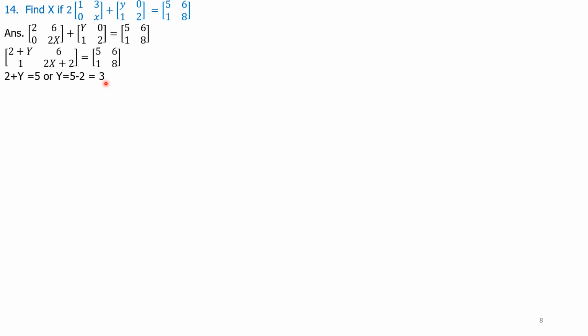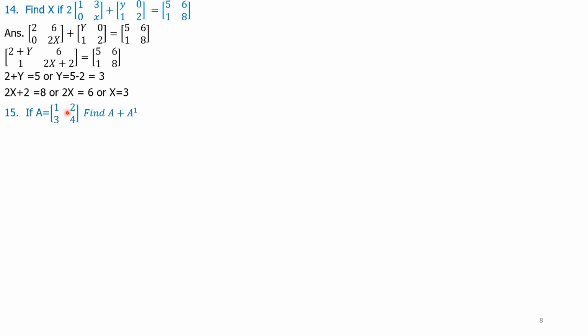Similarly, the unknown value is there in the last element, that is 2x plus 2 is equal to 8. That is the corresponding element on the right hand side. So we get 2x plus 2 is equal to 8, or 2x is equal to 6, or x is equal to 3. In the question, only value of x is asked. We can straight away do the calculation for 2x plus 2 equals 8, this line. However, we have found both the elements.